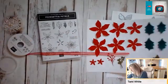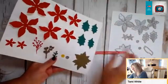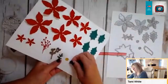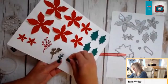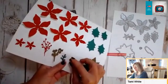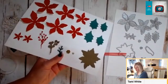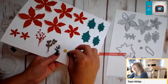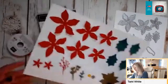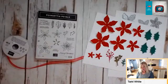However, these 2 pieces right here, these 2 little dies right here, also layer on top of each other. So if you didn't want to use the Beaded Pearls, you could layer those 2. I'm sorry, I'm not giving you a very good demonstration there, but they layer on top of each other, and you can do whatever colors you want for your insert of your poinsettia there. So you can go either way with that. In addition to all of that fun stuff,